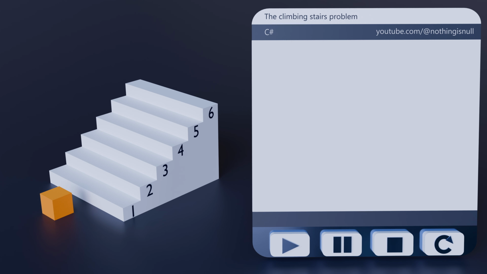In order to solve this problem, we can start by using some simple recursion, and then build on top of it. We'll create a method that takes as a parameter the total number of steps the staircase has, so we can handle staircases of any length, whether it has 5 steps or 50. This is the method we'll call when running our code.